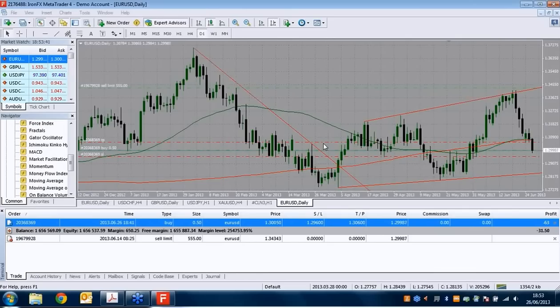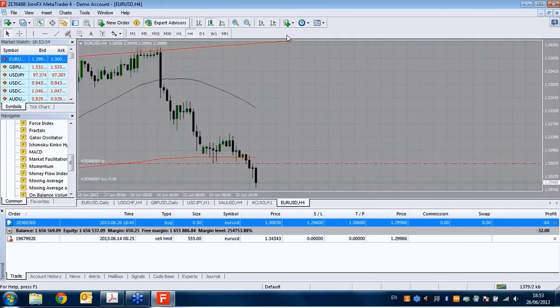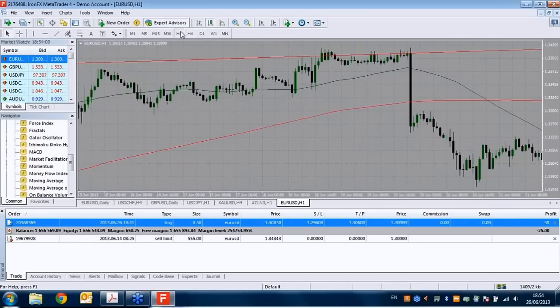However, as I am mostly a swing or intraday trader, if I am opening an intraday entry, my entry will be based on the 1 hour or 4 hour time frame, because it's a smaller time frame than 1 day, and I can see what the trend is like. On the other side, if your strategy is a scalping strategy, you can also analyze the market on 1 hour or 4 hour time frames,